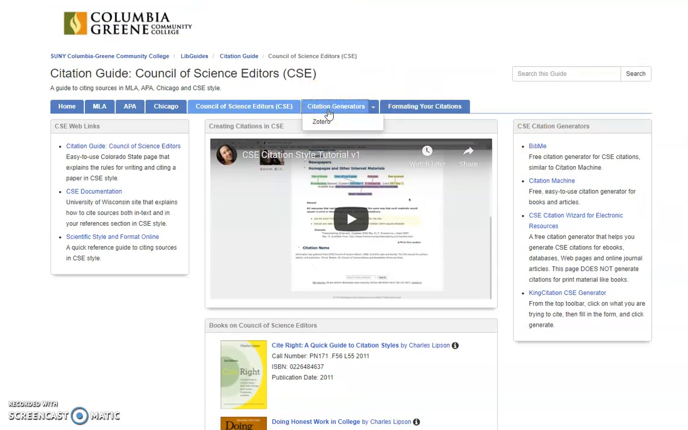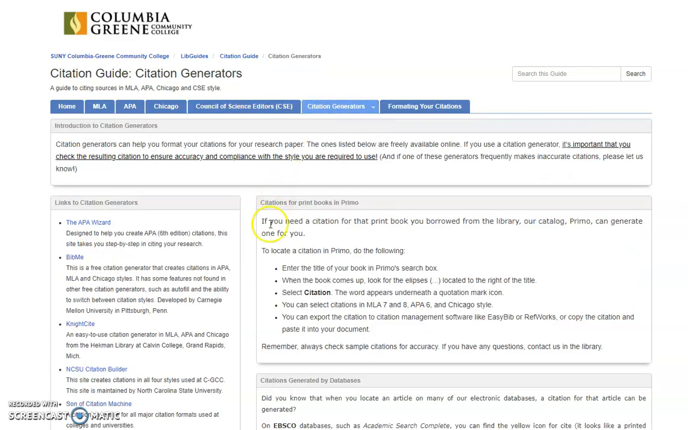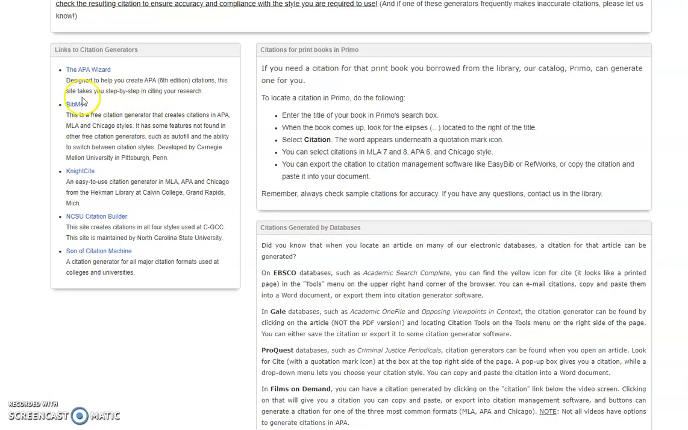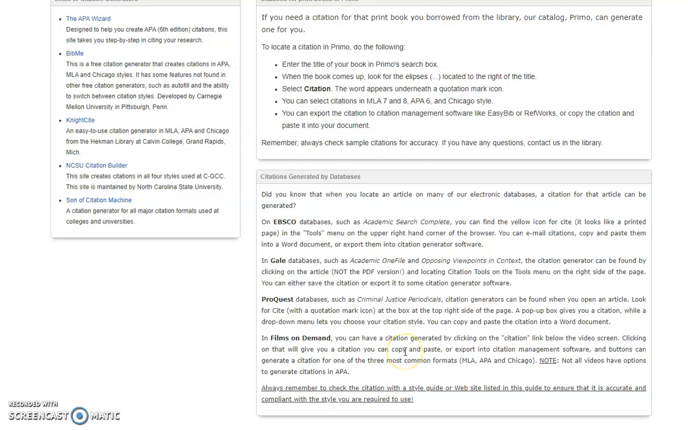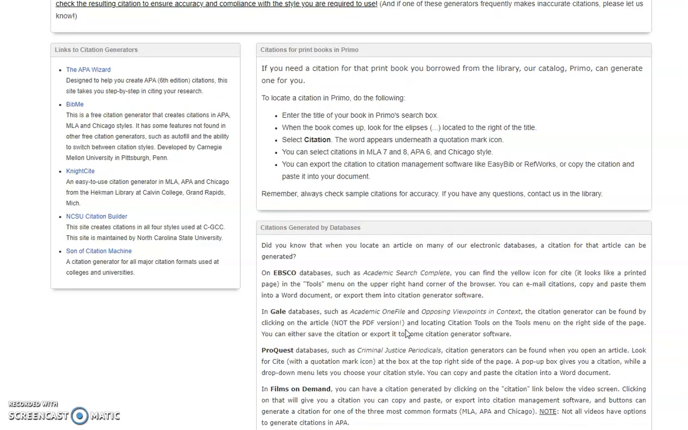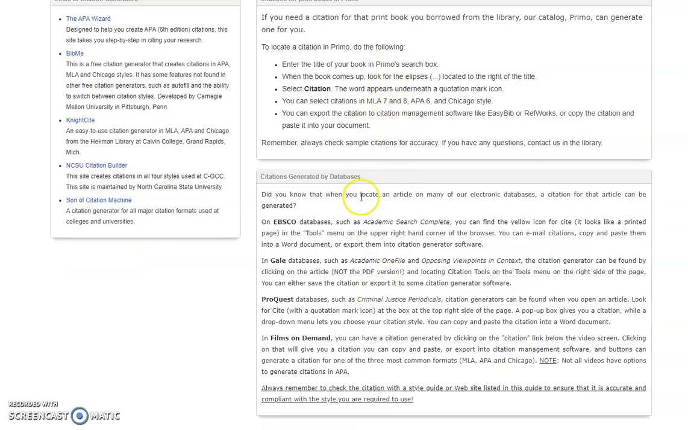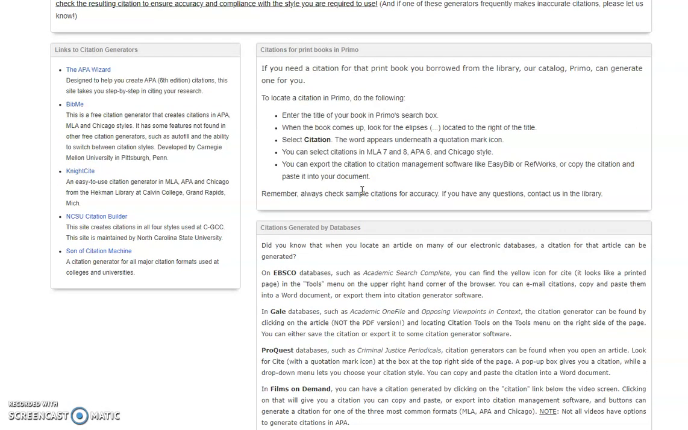Now, we do have a separate page just for citation generators. However, you may not need to use one of these links to the citation generators because most of the online databases that the library subscribes to can generate sample citations for you. Also, you can generate citations in Primo, our online catalog, and the instructions on how to do those are in here. However, if say you come across something and it's really good and you want to use it in your paper, you're not sure how to cite it, you can take a look at these individual links